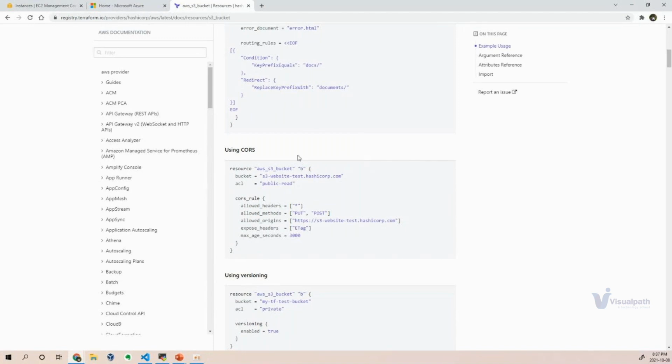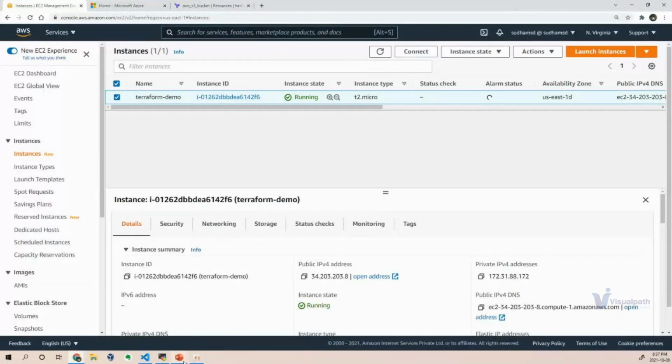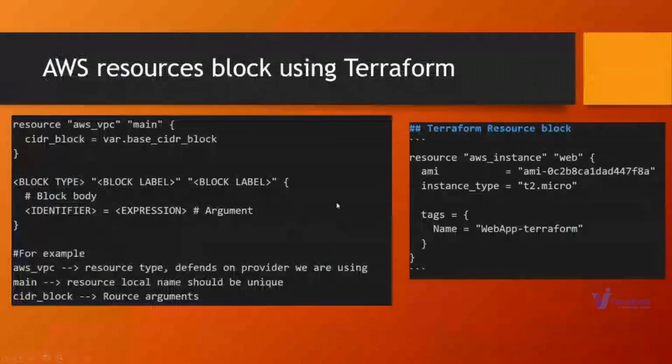Whatever the provider is, once you know Terraform thoroughly, it is the same behavior actually. That is a core behavior of Terraform. Okay, so coming to the point, this is the resource block, and this is one of the resource